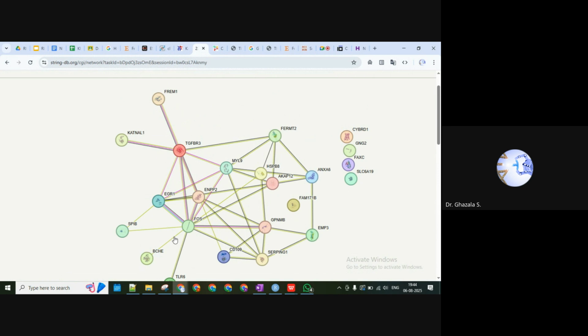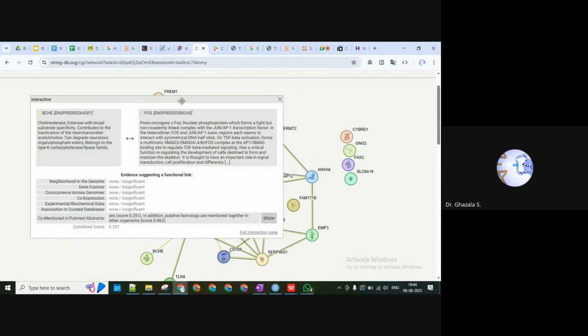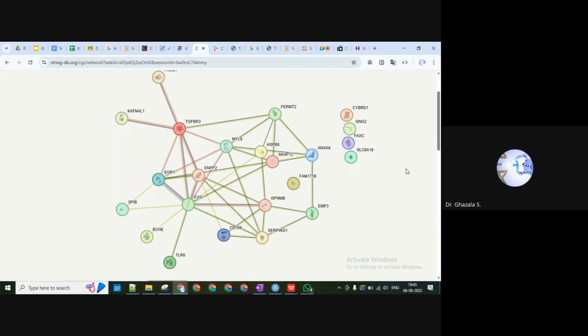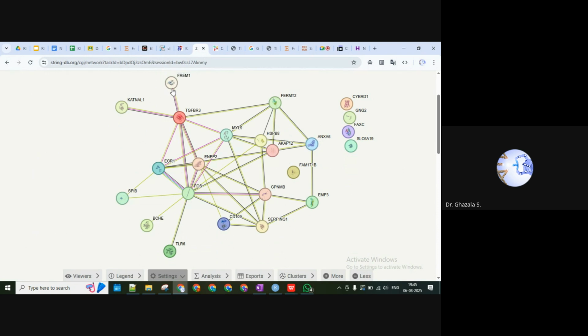So we can try to establish this particular relation by showing this network. And when you click on the edges, you will see this information, how and in which particular organism this information is provided, how the genes are considered together and connected, and in what terms. There is a public PubMed abstract given, so you can also go to that paper and see how those genes are mentioned. Accordingly we will further study. This will take some time to study the genes together. Accordingly we can conclude our result based on the interactions that we are getting.